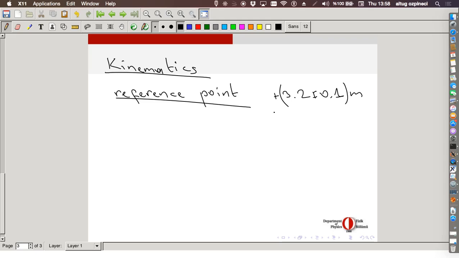Now this plus 3.2 plus minus 0.1 meter is the position of Umut. So we had first chosen some reference point. Which point was the reference point? Well, arbitrary. It's up to you. You can choose whichever point you want. Then we said, okay, we measured the distance because we already know how to measure distances. We know the seconds from the oscillations of this atom, the radiation of the atom. We know the time, so we can measure the distance the light travels in that time in terms of meters. So we know this distance from our reference point.